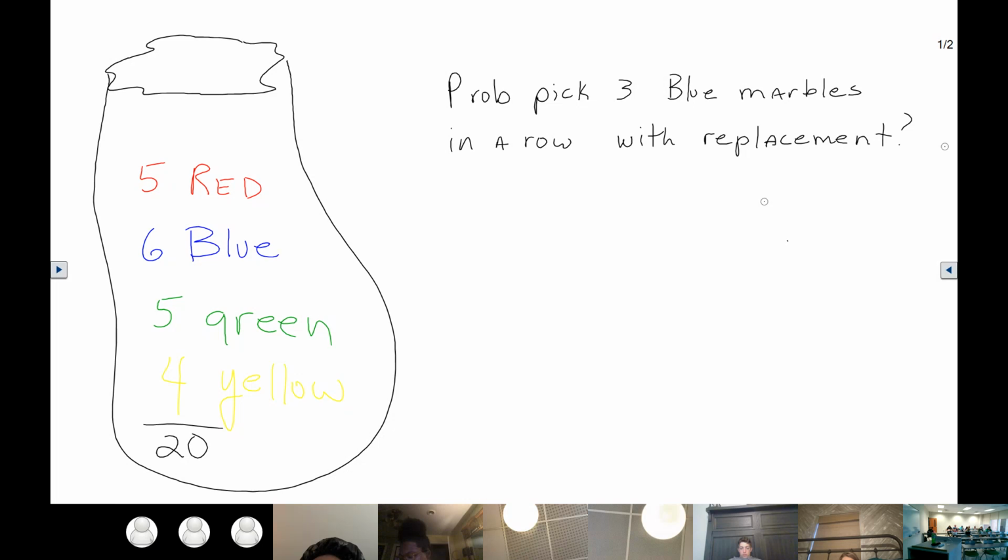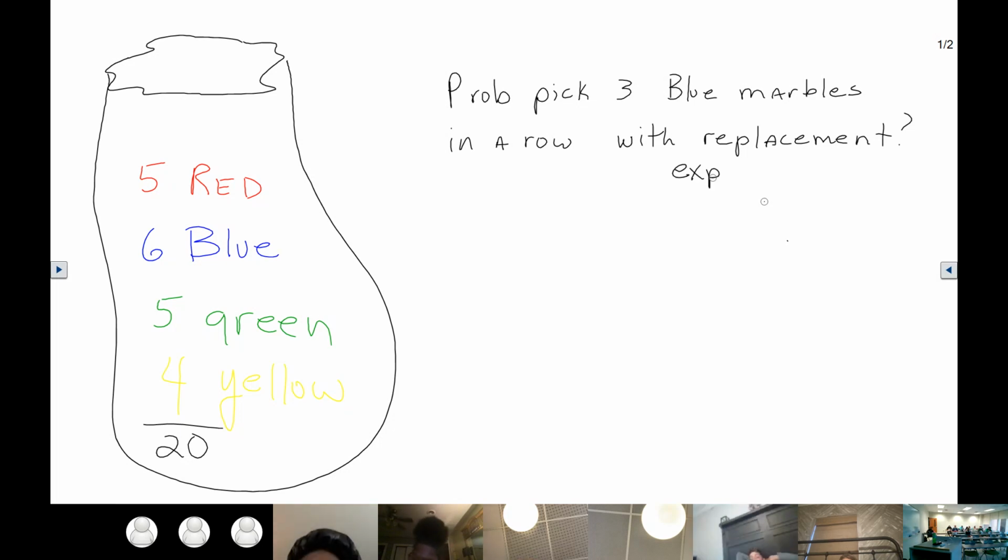So of course, some of y'all are probably sitting there going, I have no idea what to do. Well, you need to focus on the blue marbles. What is the probability of picking a blue marble? Okay. What do I do after I write down if I picked the blue marble or not? What do I do with the marble? Put it back in the bag. So does the math change? No. So therefore, with replacement,